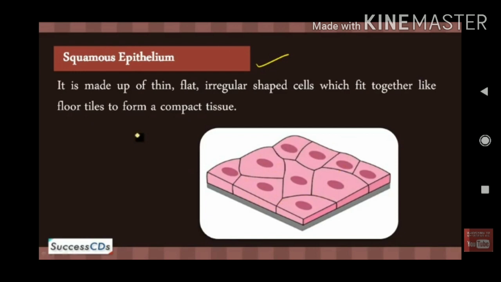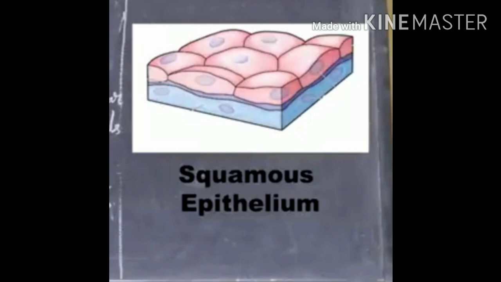There are two types of squamous epithelial tissue. One is the simple squamous epithelial and the other is the stratified squamous epithelial. Simple is made up of one layer, stratified is made up of many layers. Simple means one layer, like the tiles fixed on the floor. It is a very thin layer. Stratified means layers like, for example, a cake. If you see a cake, it is made up of many layers. Like that is stratified squamous epithelial tissue.